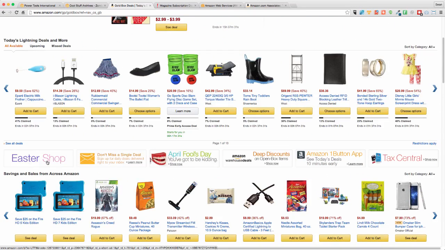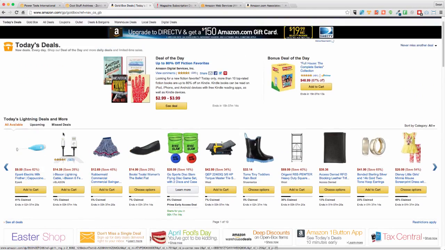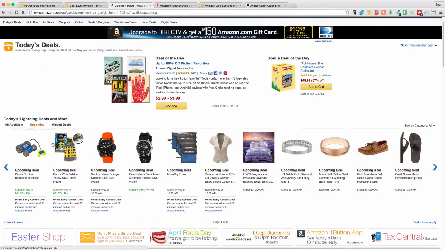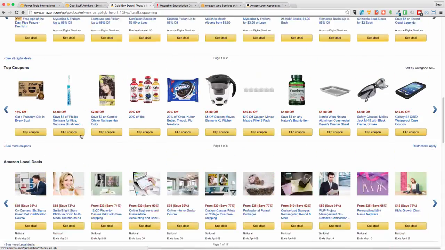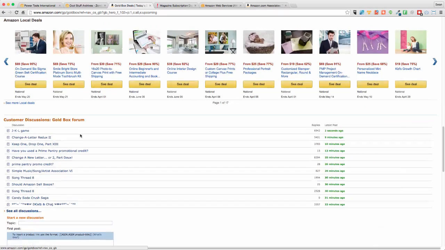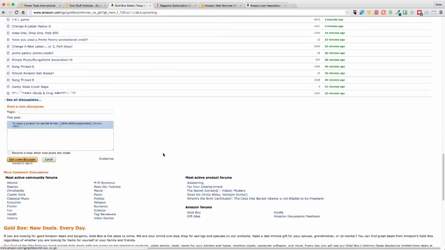For example, it's coming up for Easter right now, April Fool's Day. But I don't like seasonal stuff, because that means your store is only active for that season and the rest of the year there's no interest. So I try and avoid seasonal stuff as much as possible. I like to make money all year round. But I start looking around at any special deals that are coming up. It might spawn some ideas.